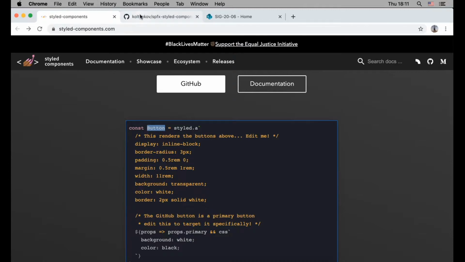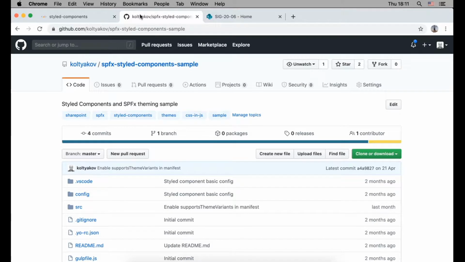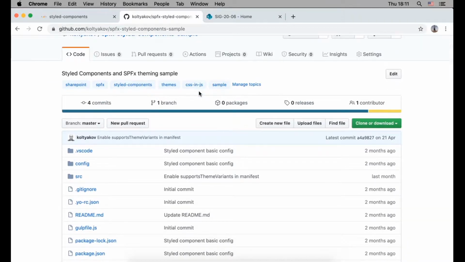To use this in an SPFx solution, almost none of the opinionated specifics should be cared about. The learning curve for a React developer is really tiny, and